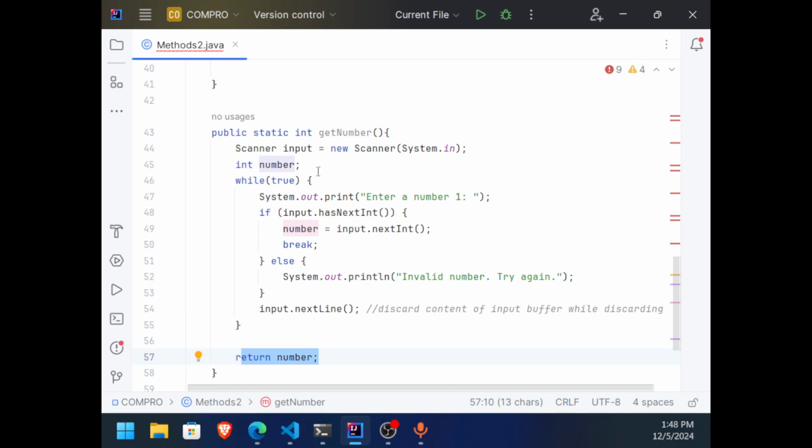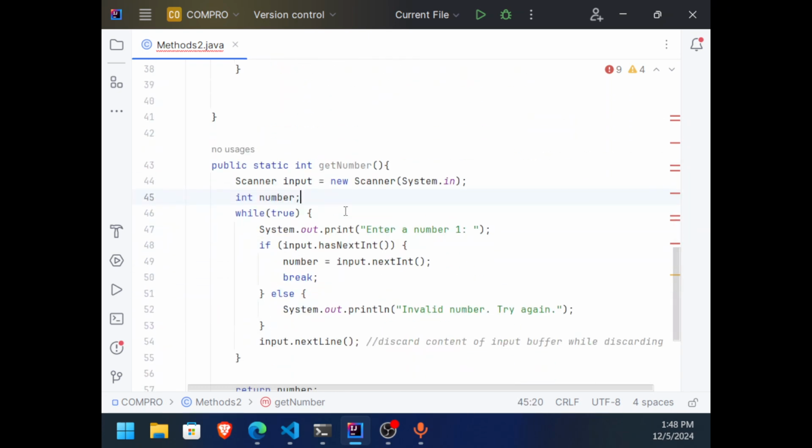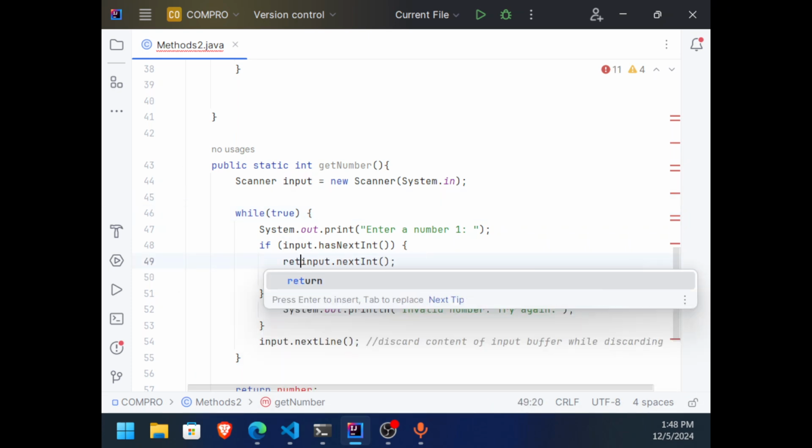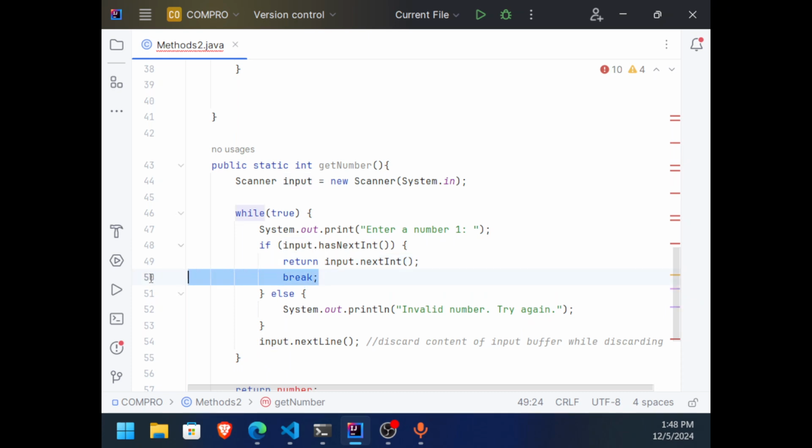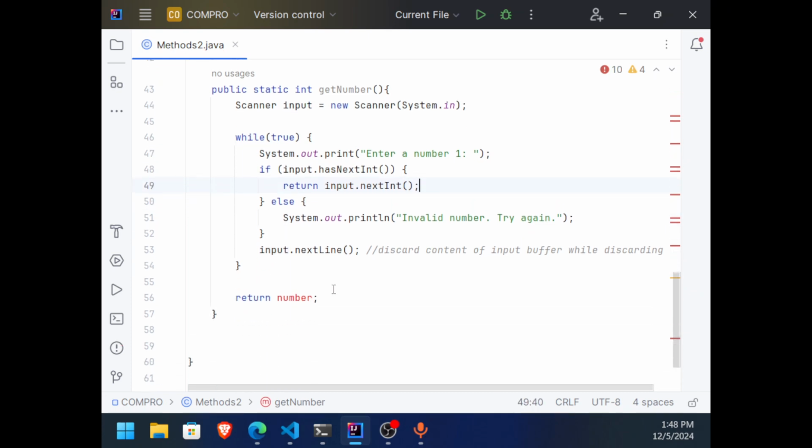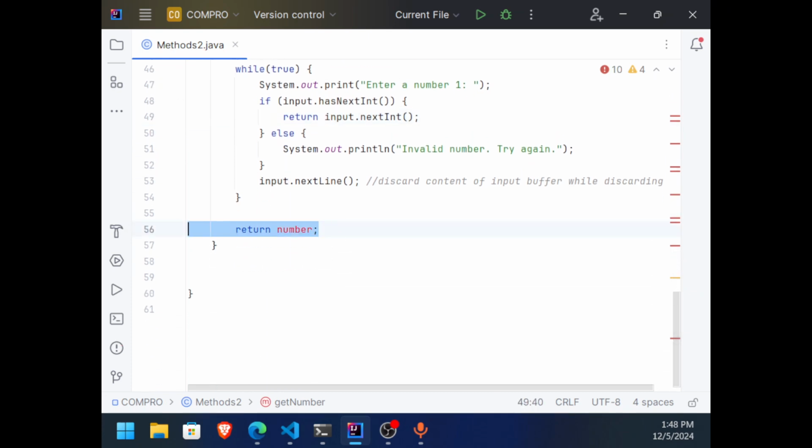This is just valid, but as you can see, I want to minimize. Like what I've said to you guys, rule of thumb of programming: if you can make it concise without breaking the code, do it. It's better. Okay? So I'm just going to remove that one. I'm going to automatically return it when I get a valid number, so that is not necessary anymore. And I'm going to remove that too.